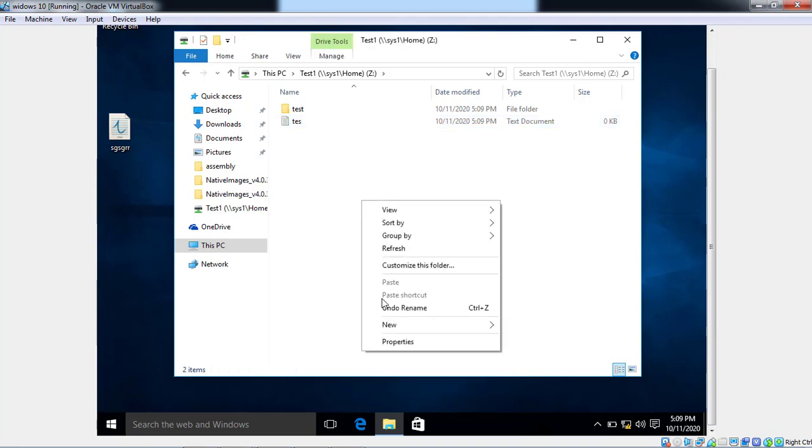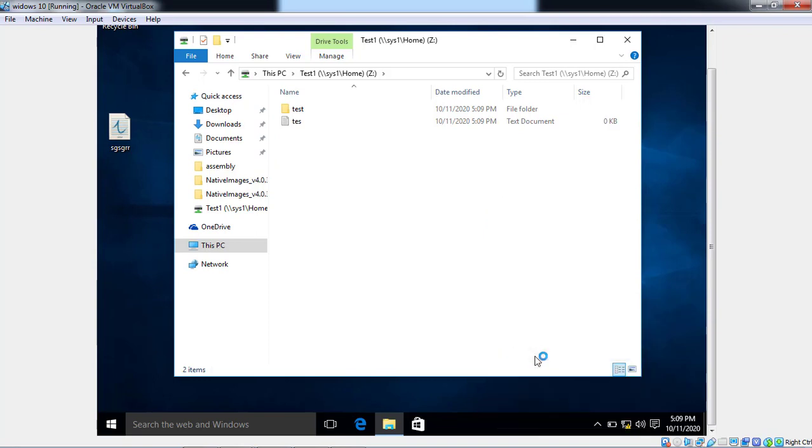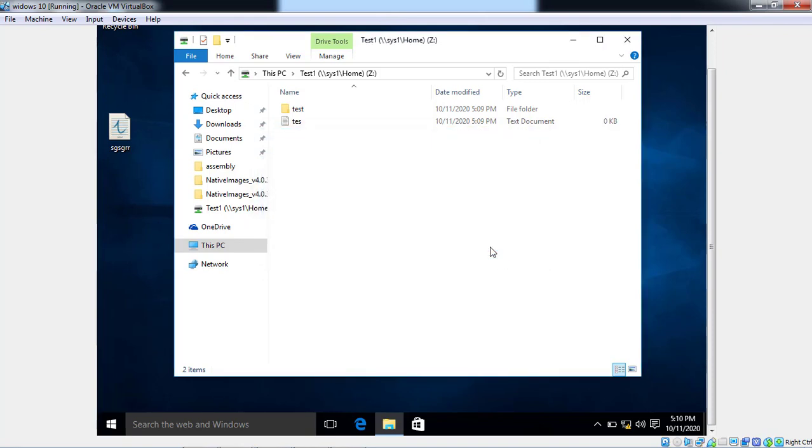Now create a new bitmap. You can see you need permission to perform this action. The destination folder access is denied because we have given the permission that you cannot create any image file, otherwise you can create all types of files.